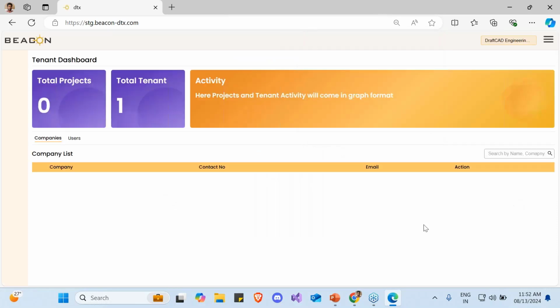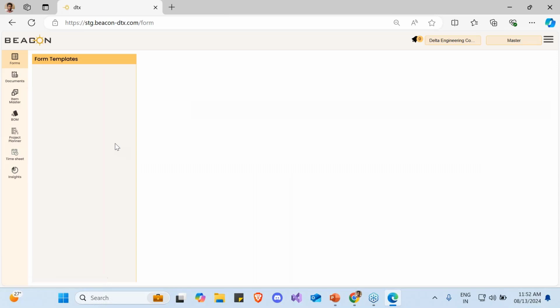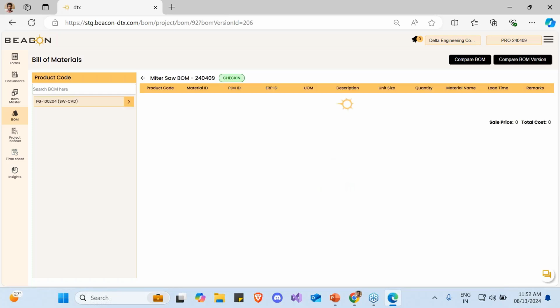Again, as you can see, since Pramod is a vendor, he doesn't have any of this data to be created of his own. He only works with Delta Engineering. So if you click on that, you will see data across this. Now, if I go to any of the documents, I'll not see any files. Forms, also again, I'll not see any files. But when I go to BOM and change it to the project, I'll start seeing the bill of material that has been shared with Pramod.